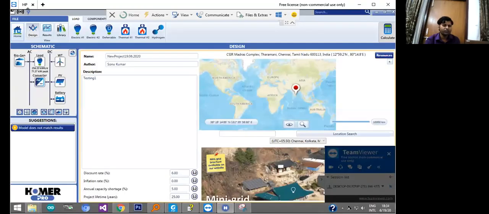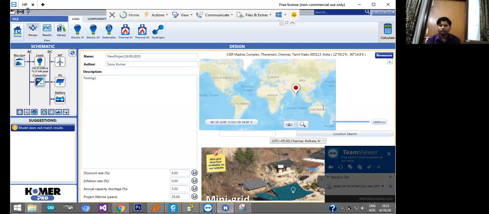So I'll just share another slide. This is the software which you can use, HOMER Pro, in which you have to choose which component you want, whether solar, battery, or wind. This I have chosen. On this side, solar, wind and battery are all DC. Then we use a converter, which has the DC converter and inverter part inside. Then the load is AC and the biogenerator is AC.